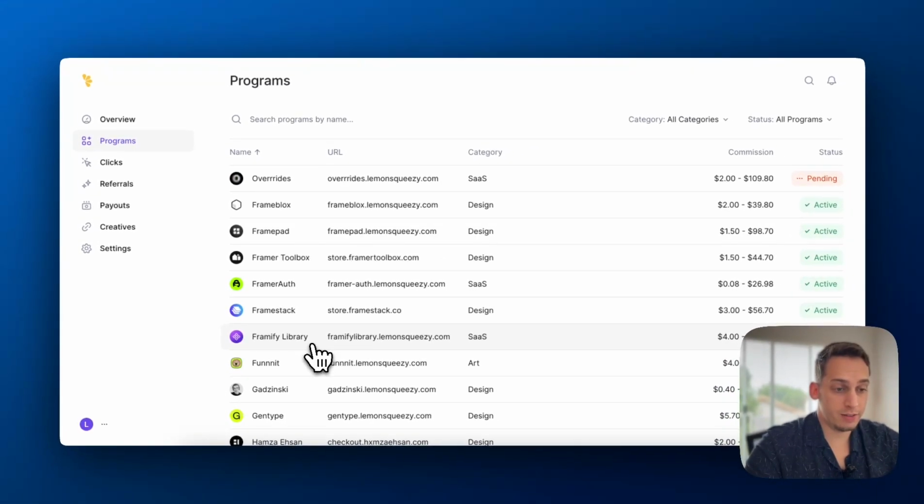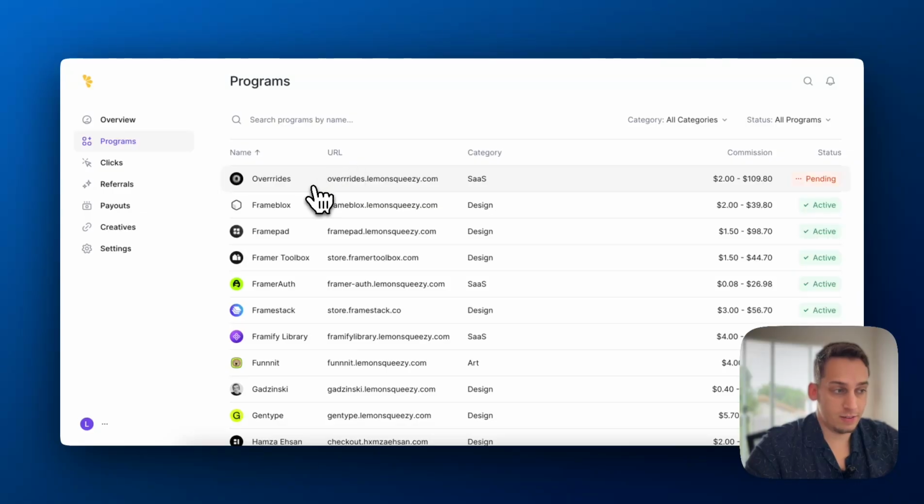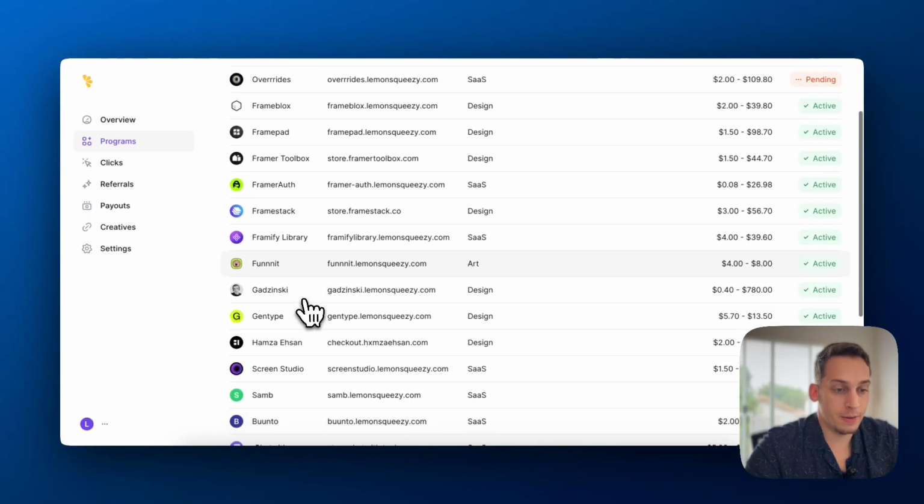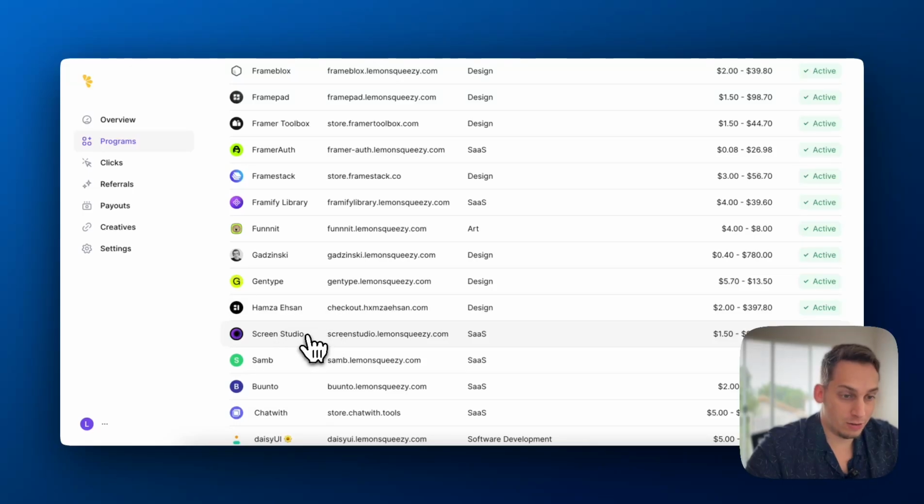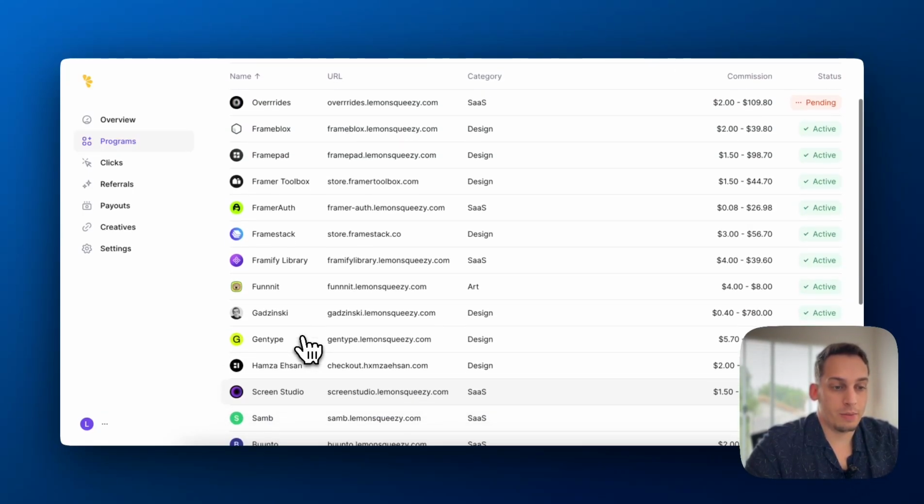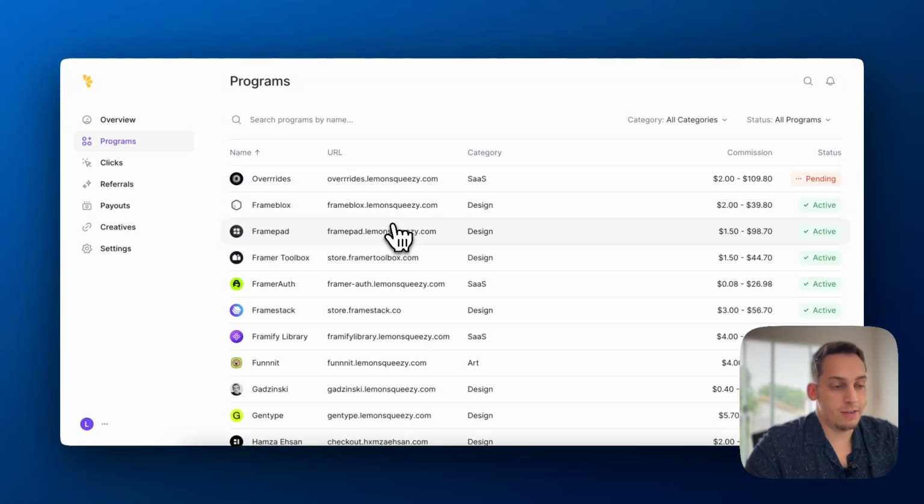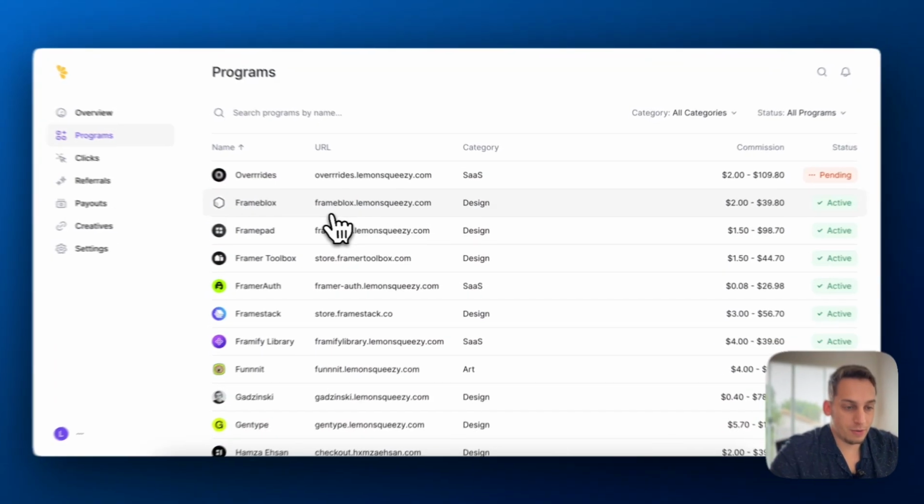For affiliate links, I use LemonSqueezy's affiliate links. You can find different tools that you like to use. I've made videos on Screen Studio today and on other component libraries like Framify, FrameStack, FramerAuth, FramePad, FrameBlocks. There's a bunch of different tools that you can apply to become an affiliate with. And for example, if I were to get this one,